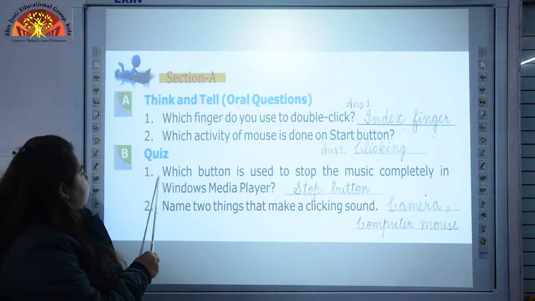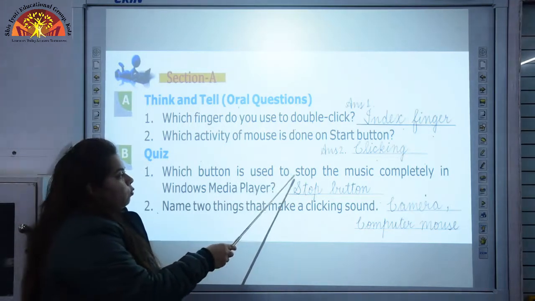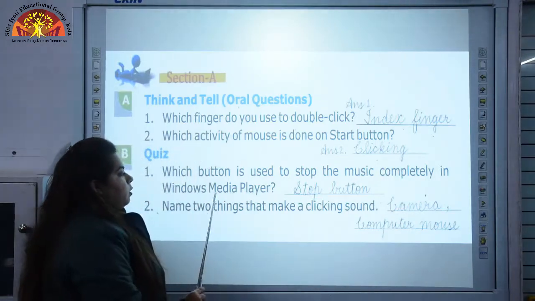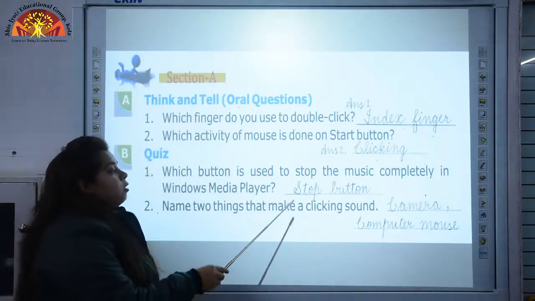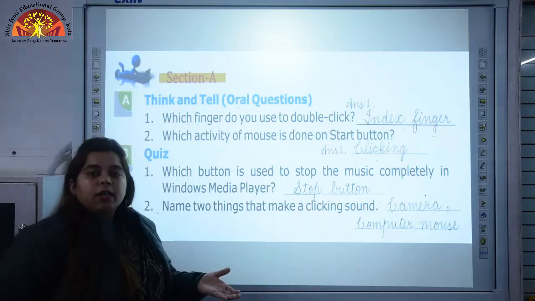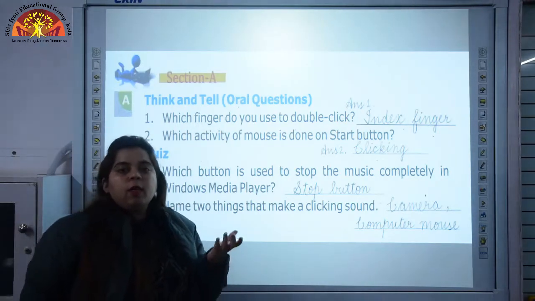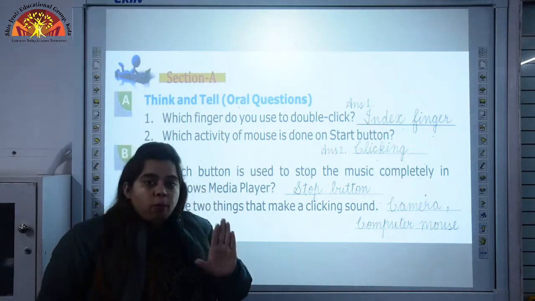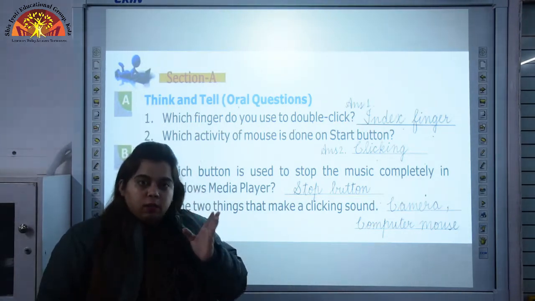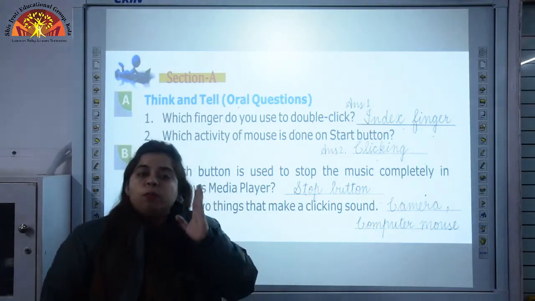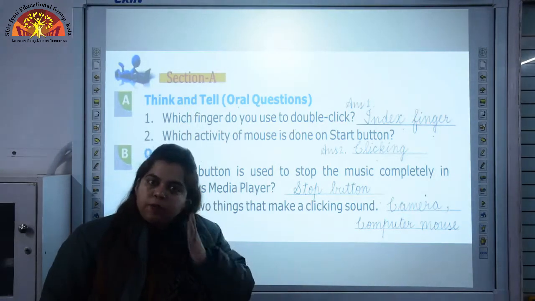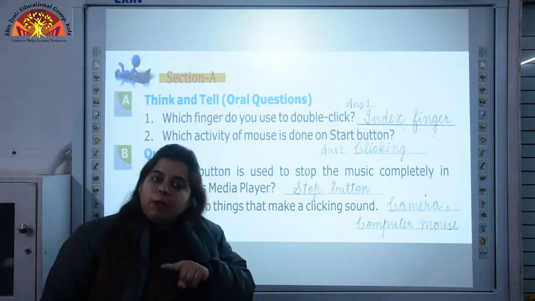Question B, first, which button is used to stop the music completely in Windows Media Player? That is stop button. Children, we studied about play and pause, we studied about stop. When we want to stop the music at the center, we use pause button, and if we want to listen to the music where we have stopped, we use play button again.